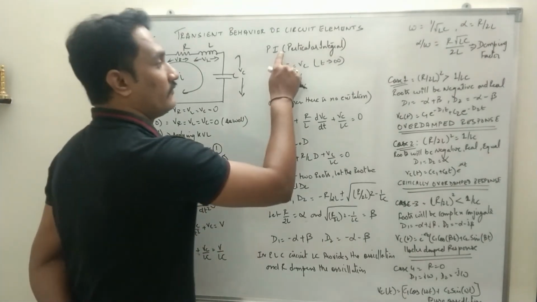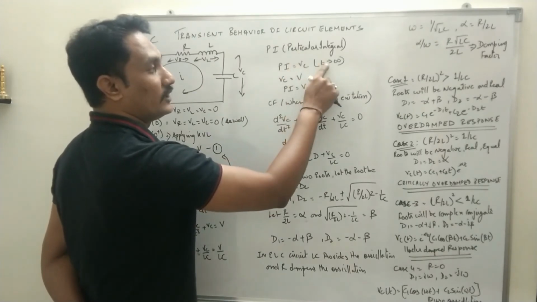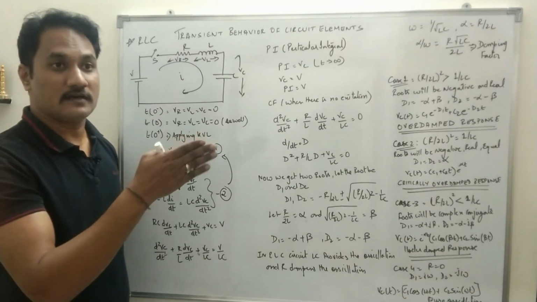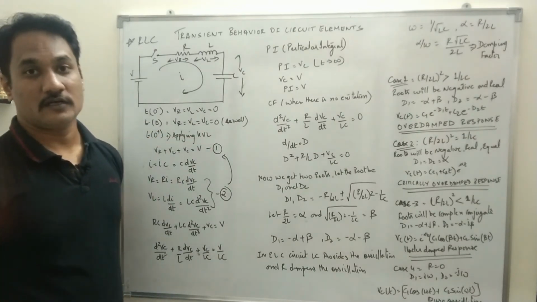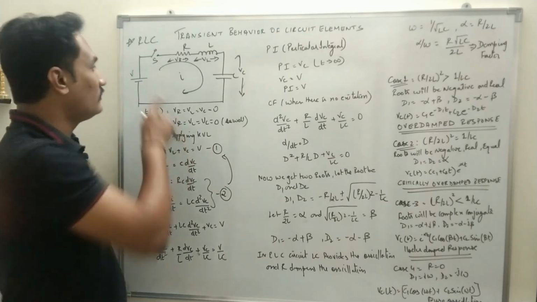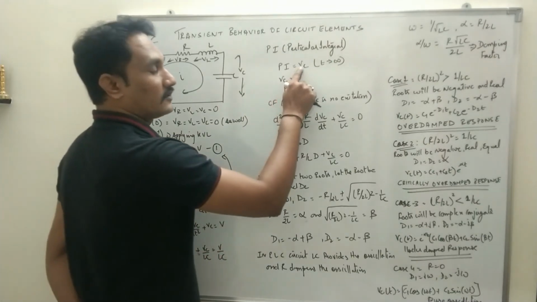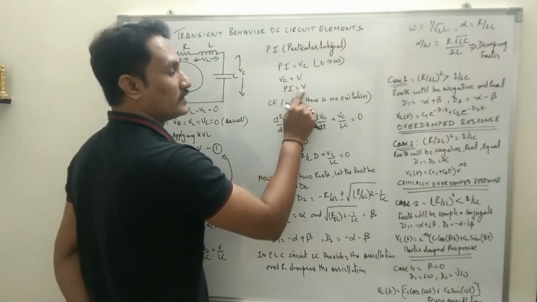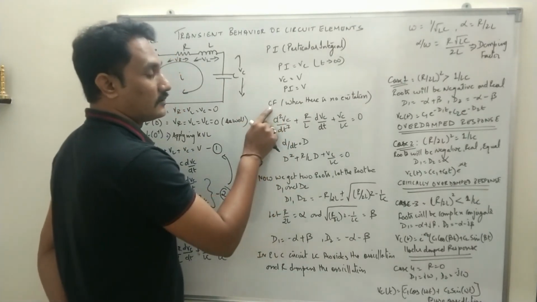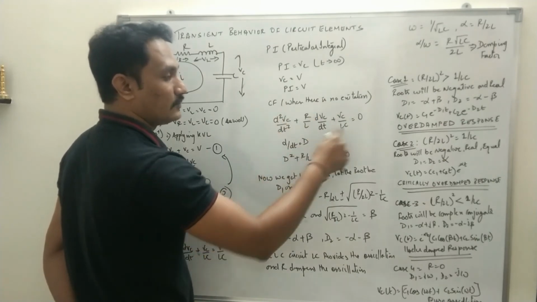Now you have two parts for this equation. First, the particular integral when t is equal to infinity. We know at t equal to infinity, that means a considerable time has elapsed, the voltage drop across the inductor and the capacitor will be maximum. What is that maximum? Maximum is the potential which we have applied. So the voltage across the capacitor will be V, therefore the particular integral will be V. Now for the complementary function, when there is no excitation, this is the equation we find.